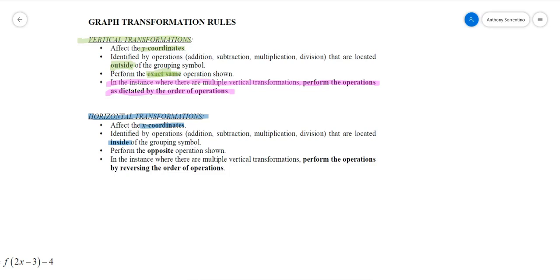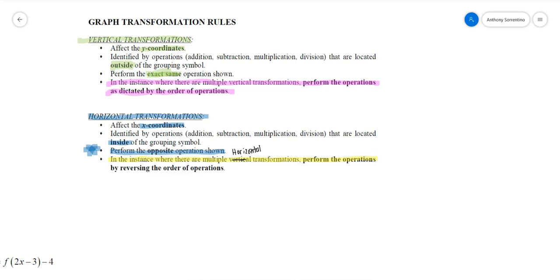So now the big one is that I perform the opposite operation. Very important. So if I see inside of a parenthesis an addition of 3, that tells me I should subtract 3. If I see inside the parenthesis a division of 5, that means I should multiply by 5. And last but not least, the very important part of this, in multiple transformations, and this should say horizontal,